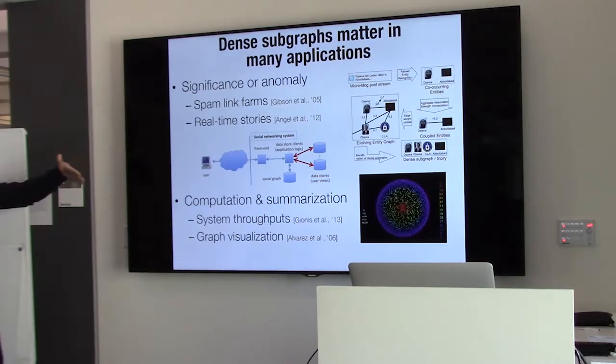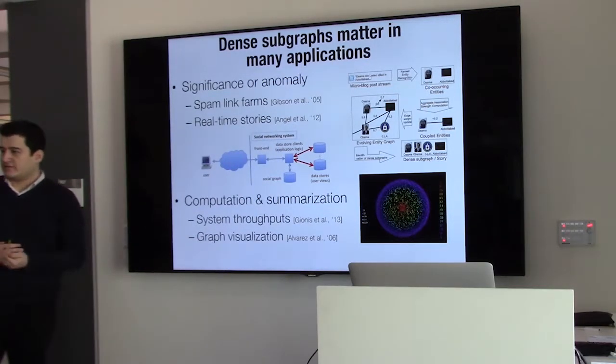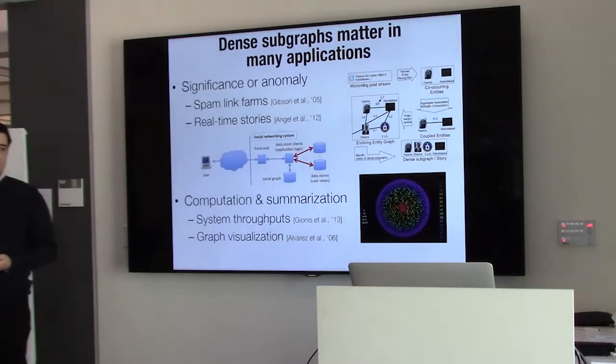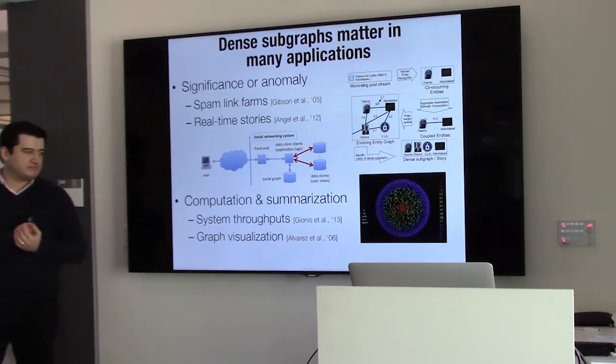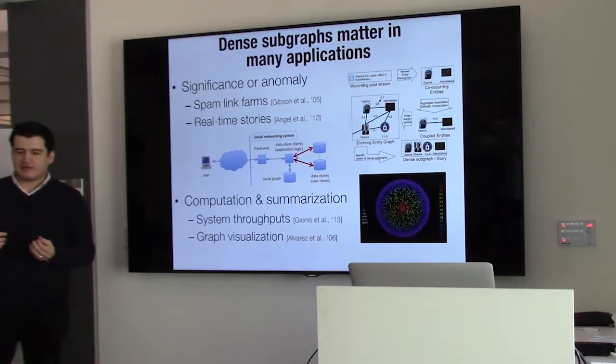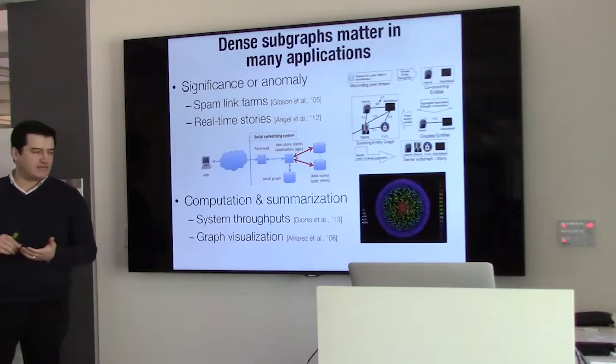Another interesting application domain to me is computation itself. Online social networking is one of the big things that drives our research actually. In this work, Gionis et al. observed that if you want to improve the system throughput